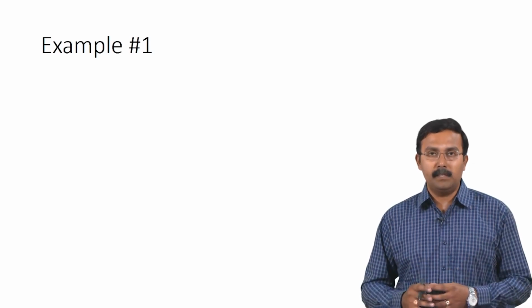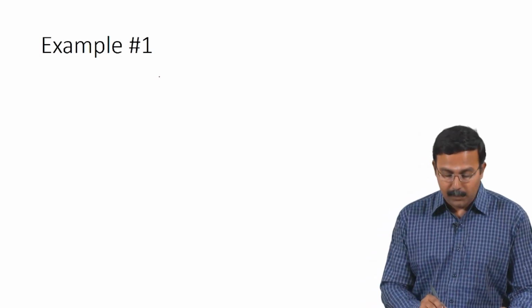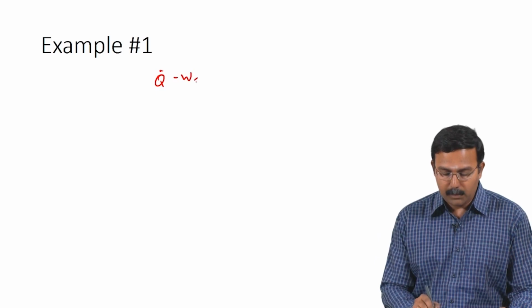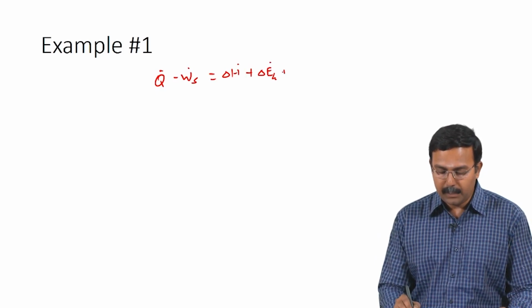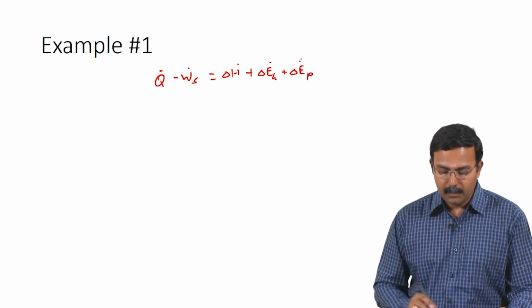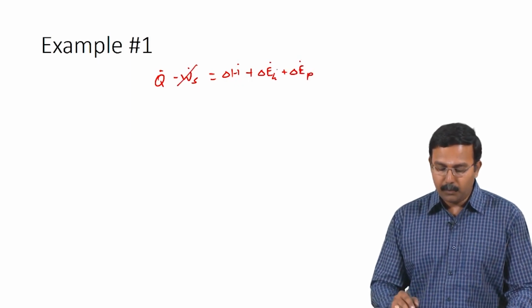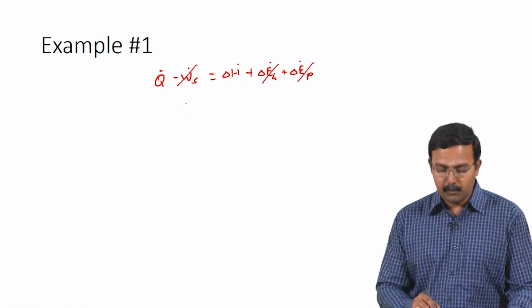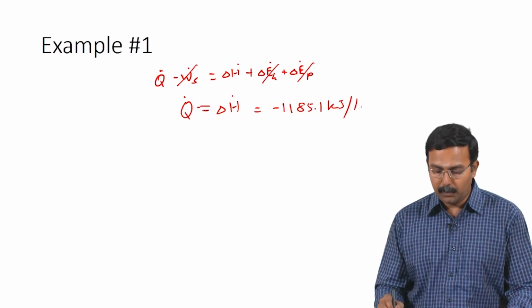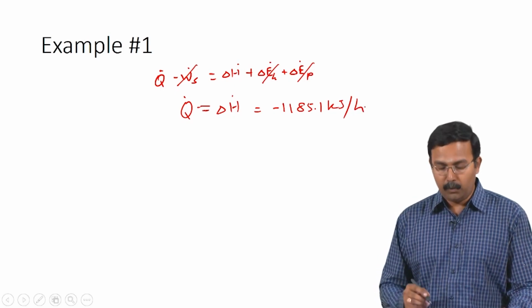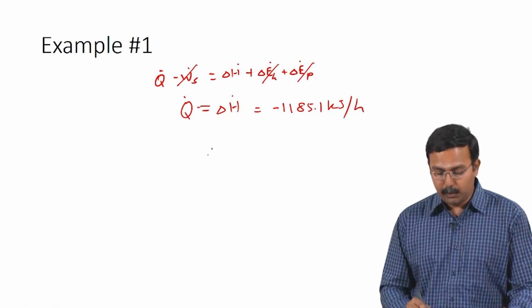This being an open system, the general energy balance equation would be Q dot minus Ws dot equals delta H dot plus delta Ek dot plus delta Ep dot. Now no shaft work, no change in kinetic or potential energies, which means Q dot equals delta H dot, which we calculated as minus 1185.1 kilojoules per hour. We want to calculate Q dot in kilowatts, which means Q dot equals minus